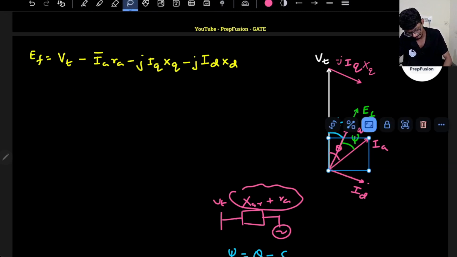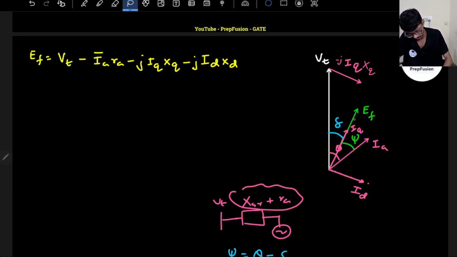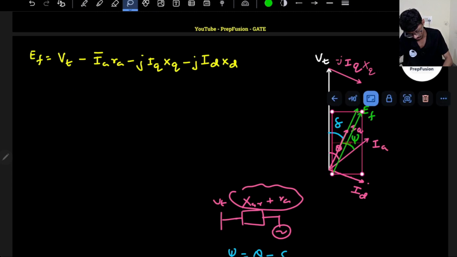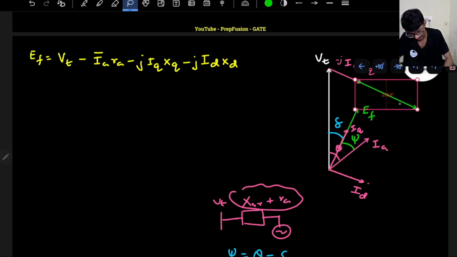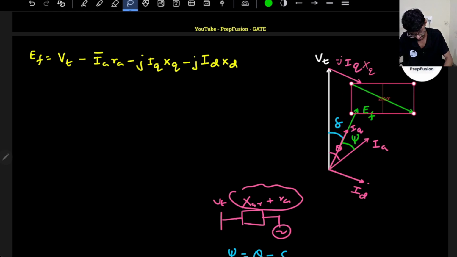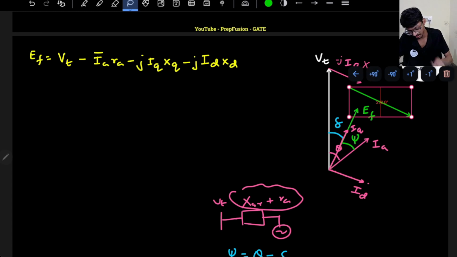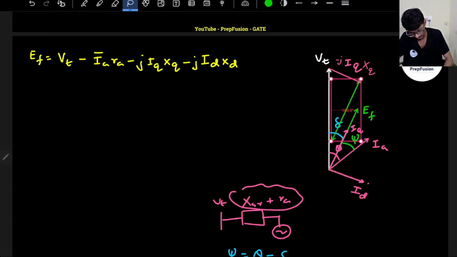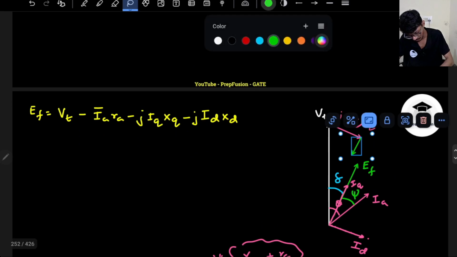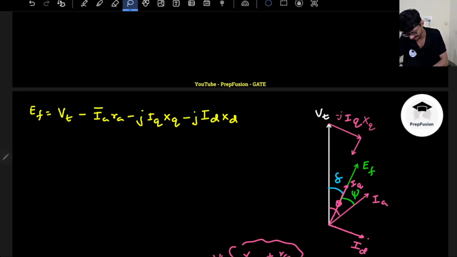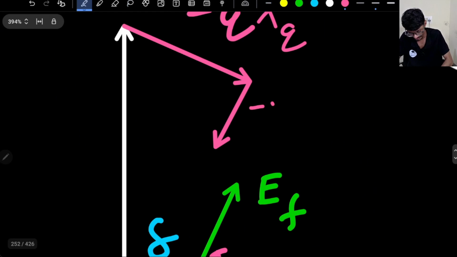So perpendicular to this, basically this direction is my ID, right? This direction is my ID, okay. These are not the same angle, remember, but I have to rotate another 90 degrees, minus 90. So this will be my ID into XD basically. Don't go by the drawing, my scale will be wrong, okay. So this will be my minus J